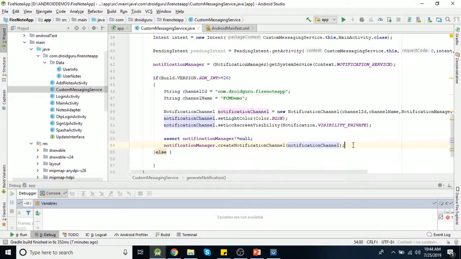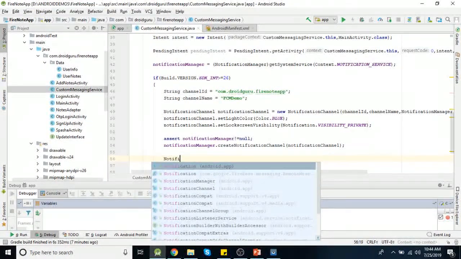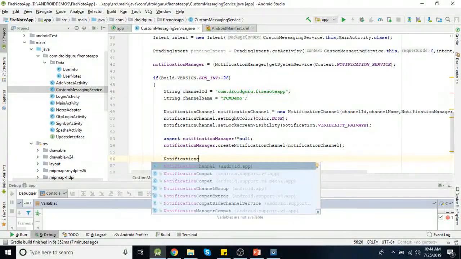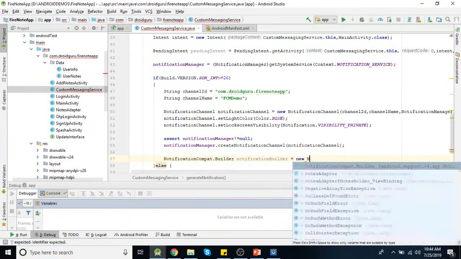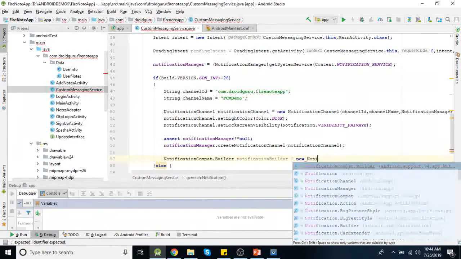Now you need to create your notification builder. So notification compat dot builder, say notification builder equal to new notification compat dot builder.